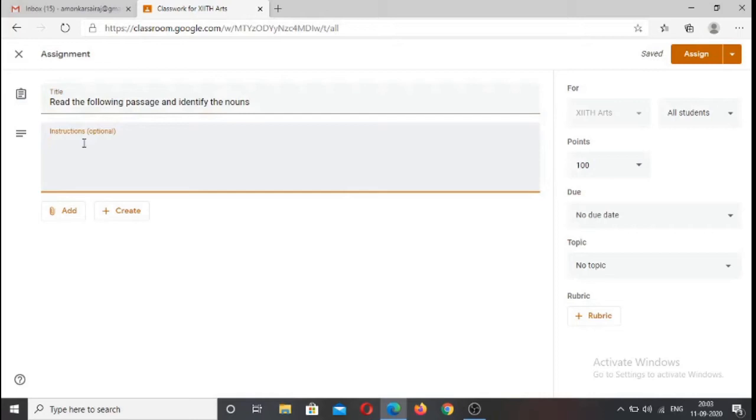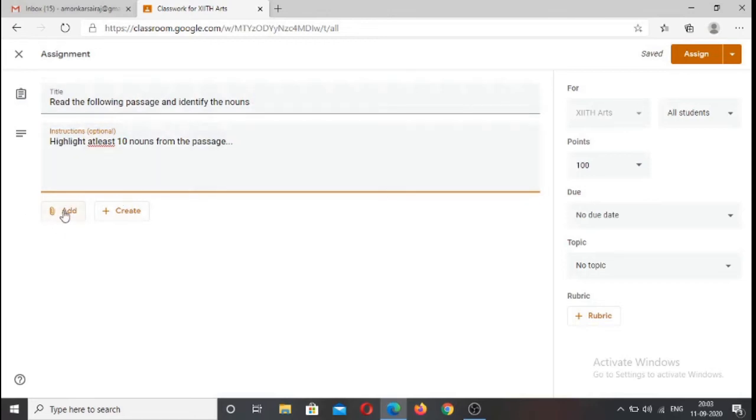I can give instructions, say highlight at least 10 nouns from the passage. I'm done with the title, I am done with the instruction.